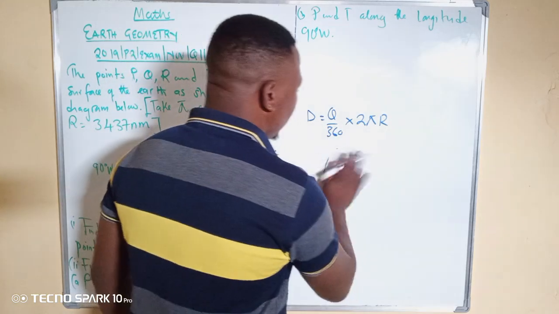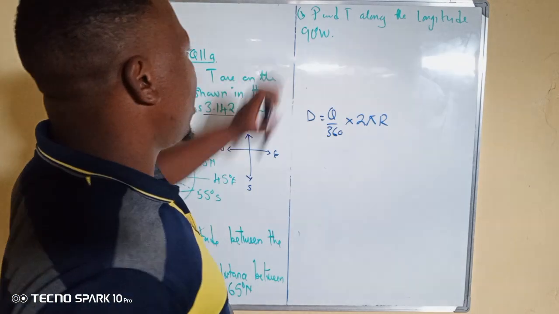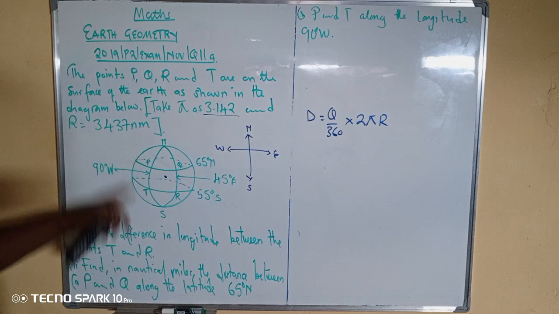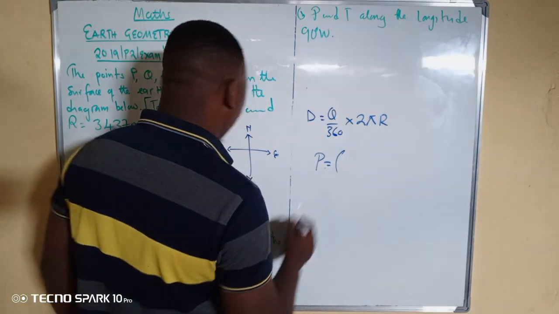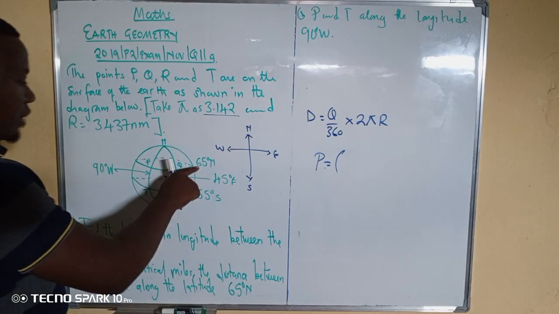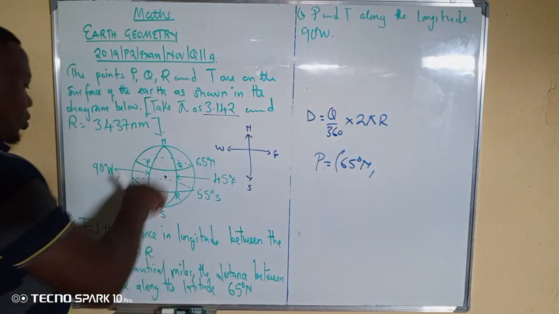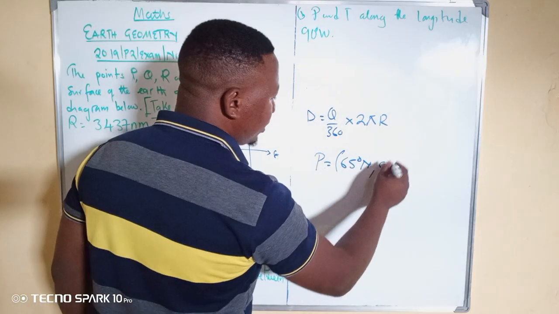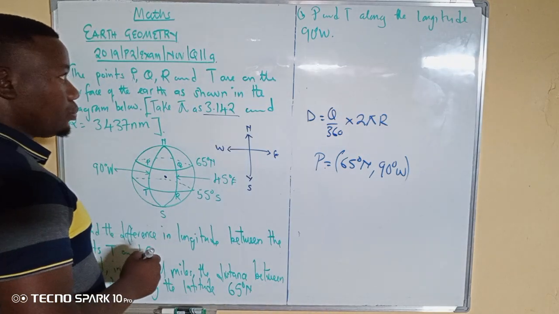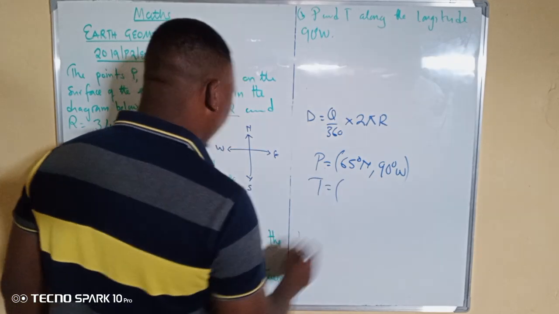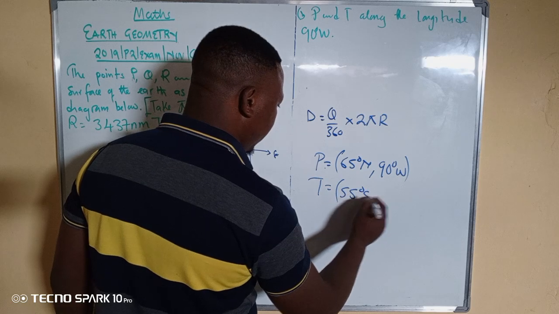Okay, so now let's go to the question. They're saying between P and T. So quickly let's find the position of P. The position of P is 65 degrees north, comma, the longitude is 90 degrees west. Then we go to T. The latitude of T is 55 degrees south, comma,